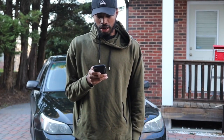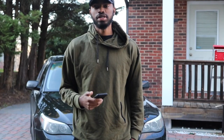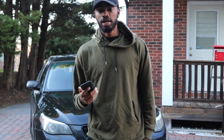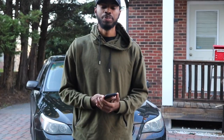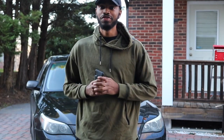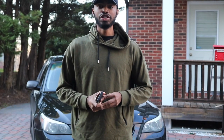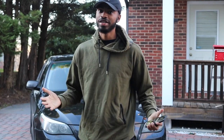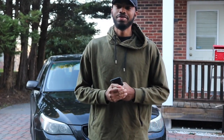And then overall, is this a good car for somebody that's young, 18, or a new driver? That depends. I don't know how your pockets look. I don't know who's funding it, or if you're funding it. If you just want to say you got a nice car, you got a BMW, I think maybe you might want to wait,